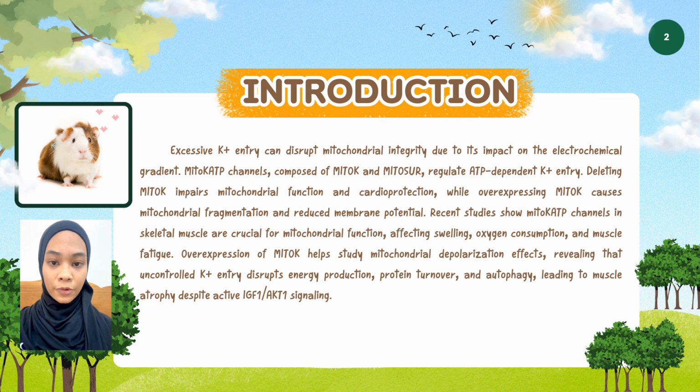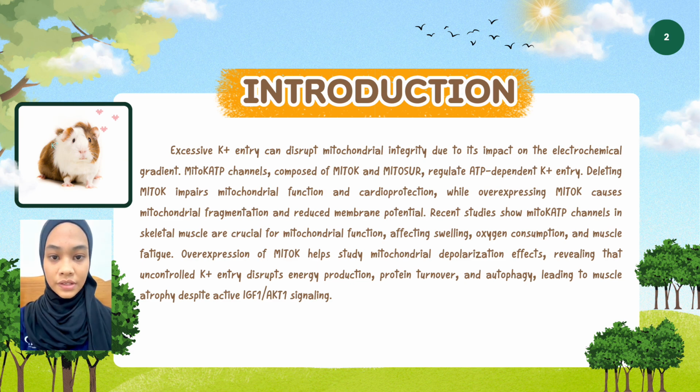Deleting the subunit impairs mitochondrial function and cardioprotection, while overexpressing it causes mitochondrial fragmentation and reduced membrane potential. Recent studies show mitochondrial KATP channels in skeletal muscle are crucial for mitochondrial function, affecting swelling, oxygen consumption, and muscle